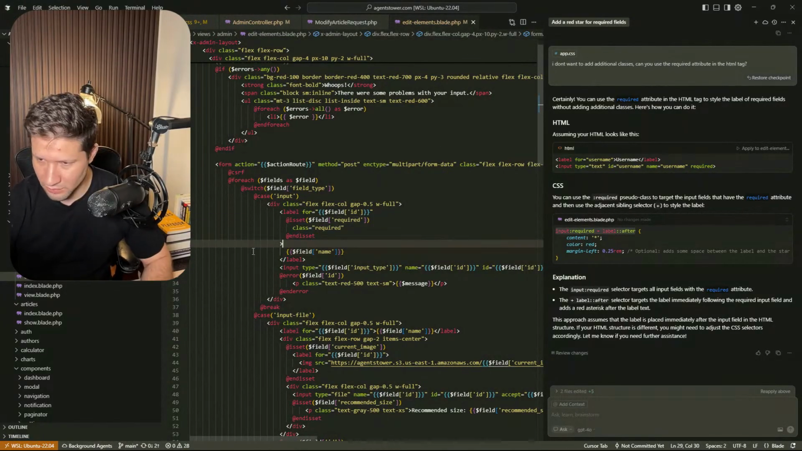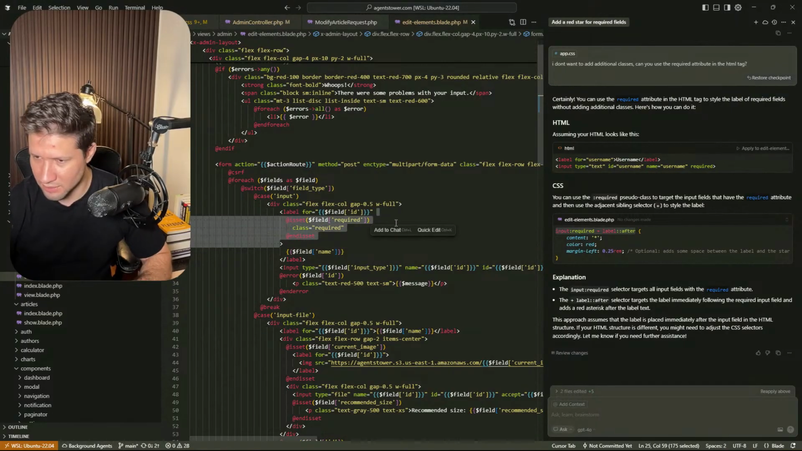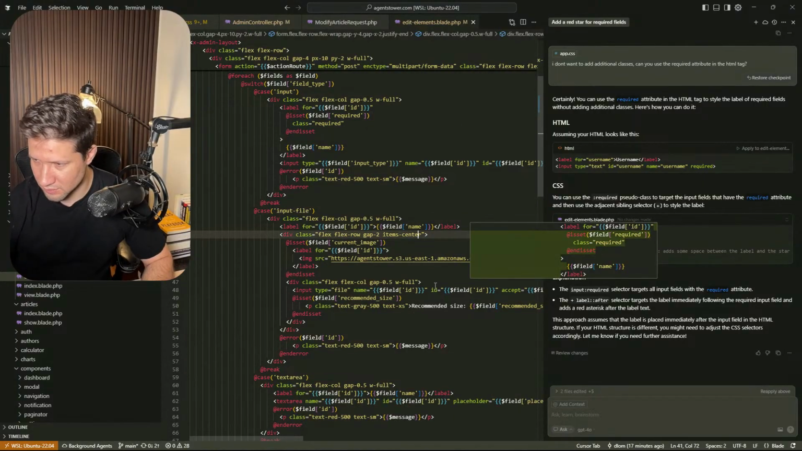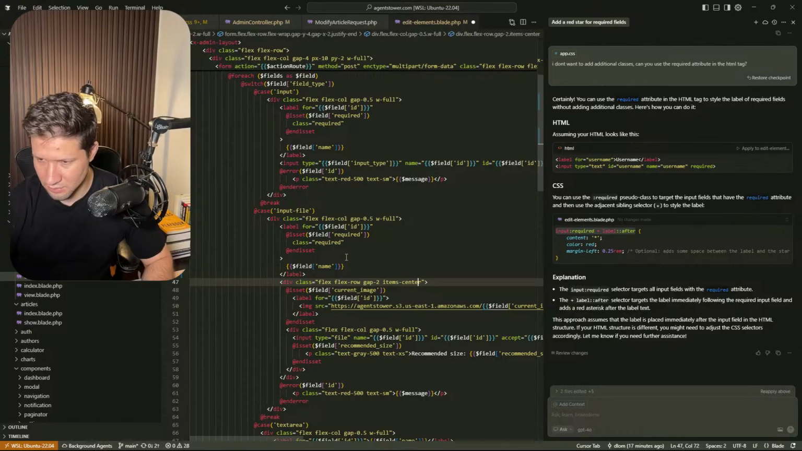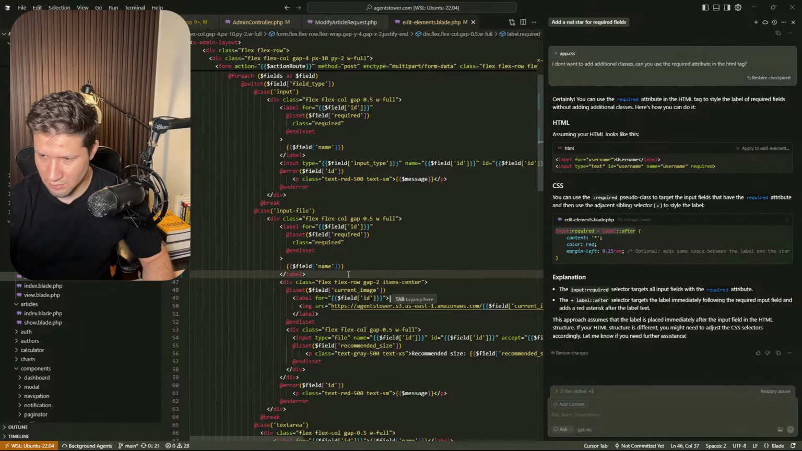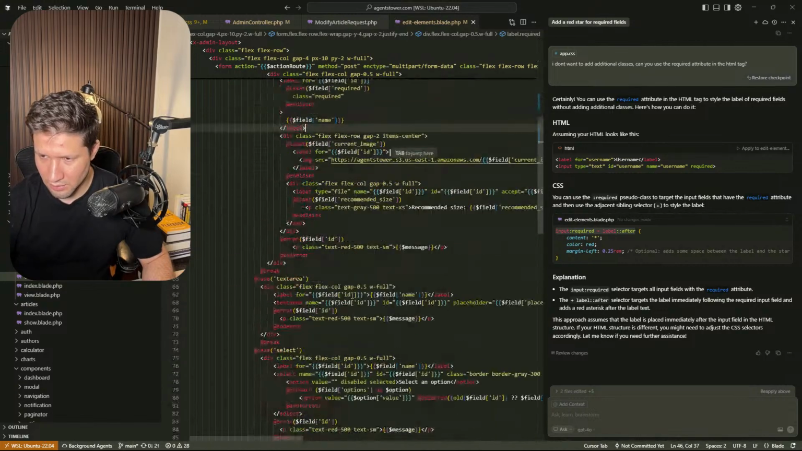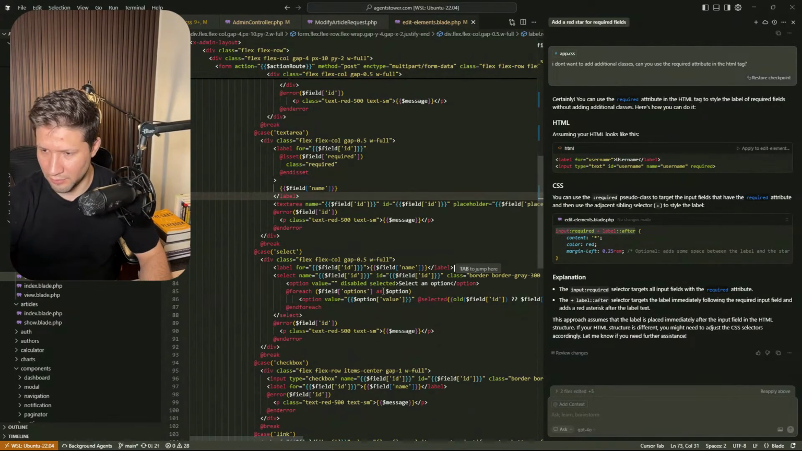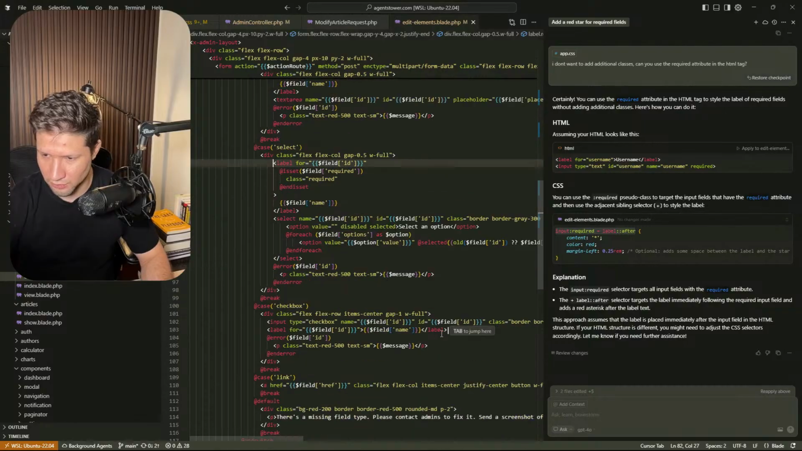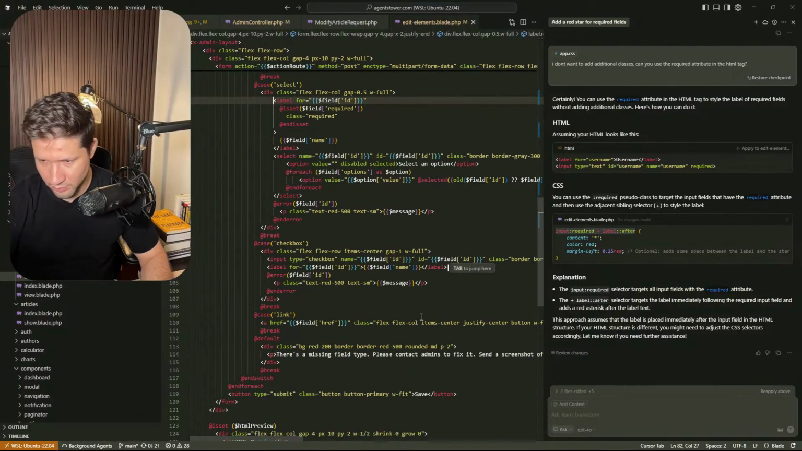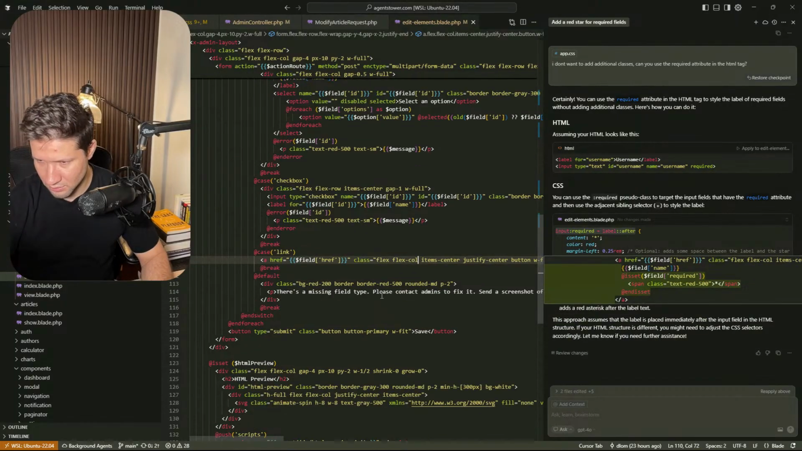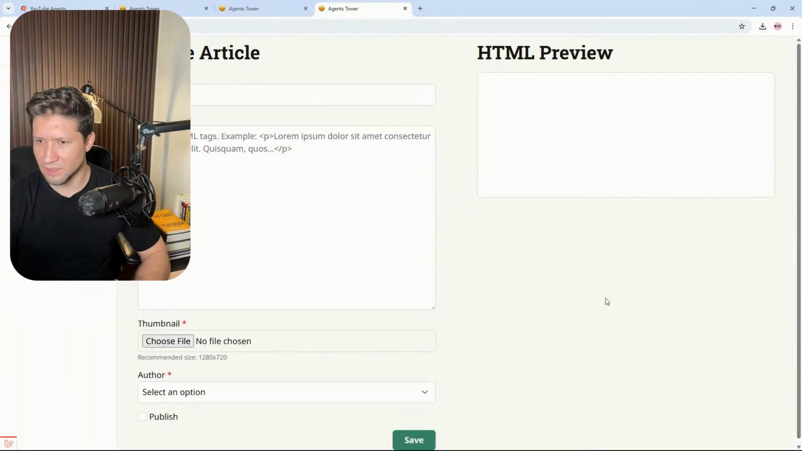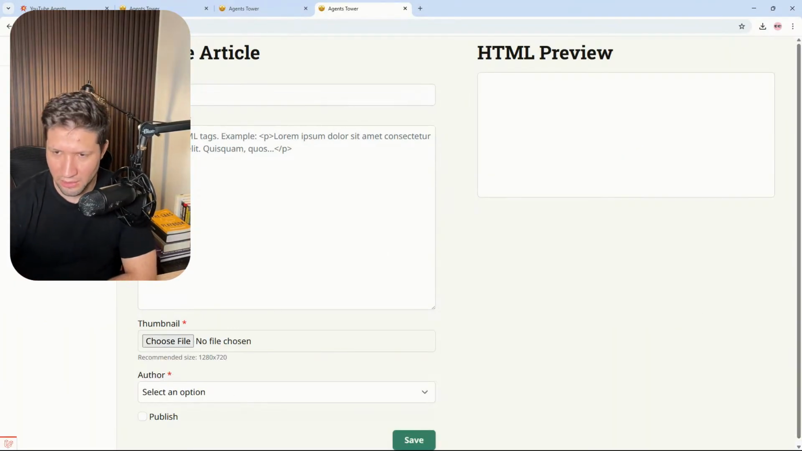this required element to all of these other input areas, input fields, sorry. So checkbox, link. That's everything. So now the thumbnail is required, the author is required, the article body is required, and